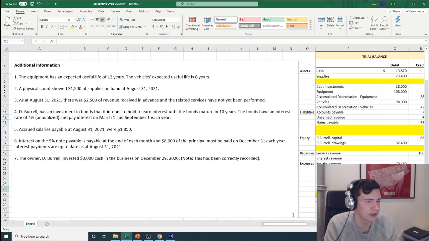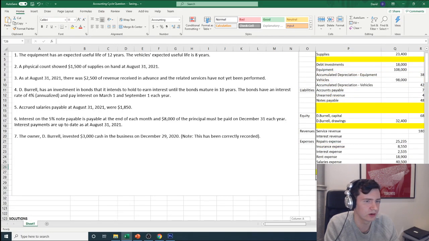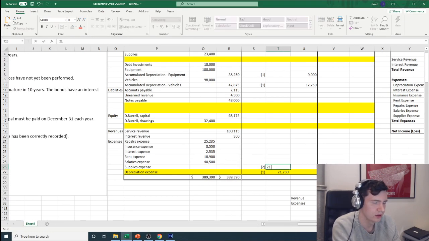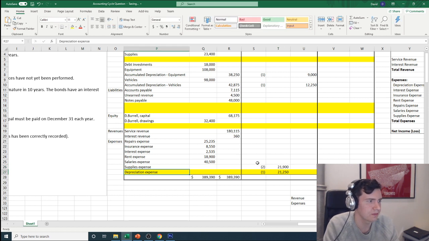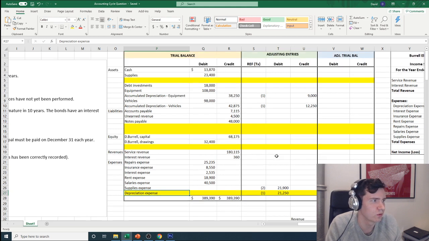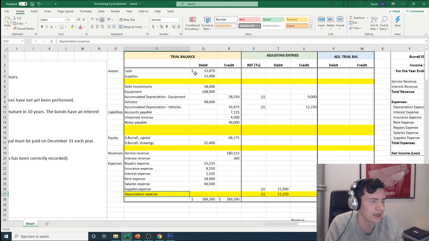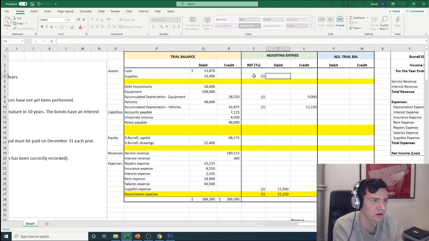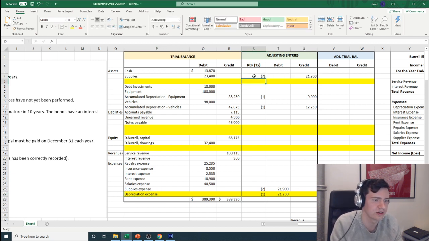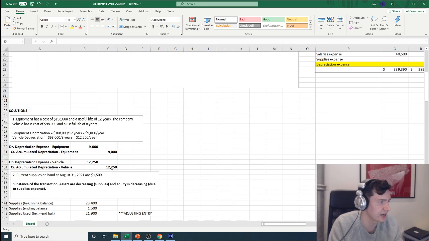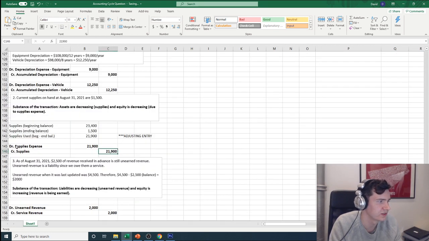And we're going to take the supplies expense of 21,900, put it there. Just making sure that I don't have a supplies expense account. I don't think I do. If I do, please feel free to say it in chat. And then we're going to take the supplies amount and we're going to credit it by 21,900, since that was the second one, as you see. So we debited and then we credited it. So we're just carrying it over once again.